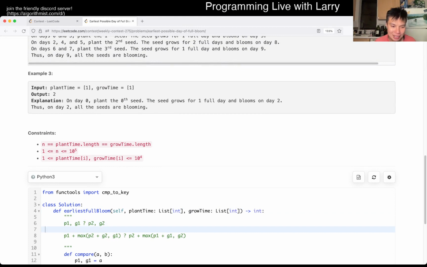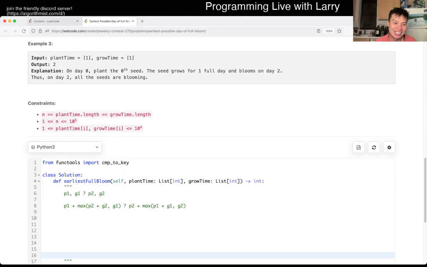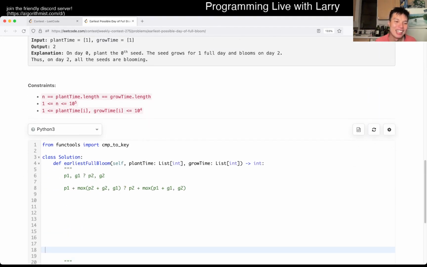Yeah, okay. I don't want to spoil a little bit first. Sorry, friends, no spoilers. But yeah, let's say we have plant 1, plant time 1, grow time 1, and then we want to compare to, and this is a little bit of a spoiler. I actually did this during the contest because I didn't want to write it out. So we want to compare plant 1 to plant 2, where we have plant 1 time and then plant 2 time, right? With the planting time and the grow time.